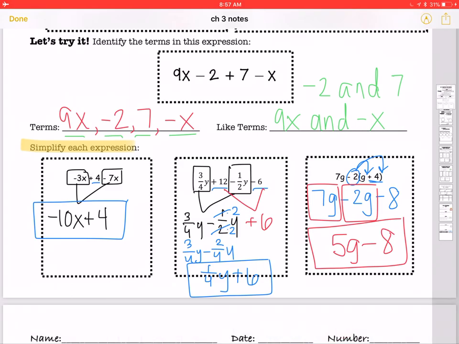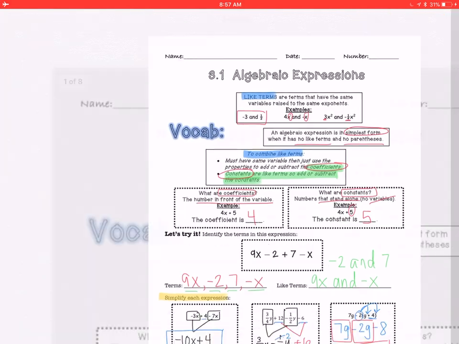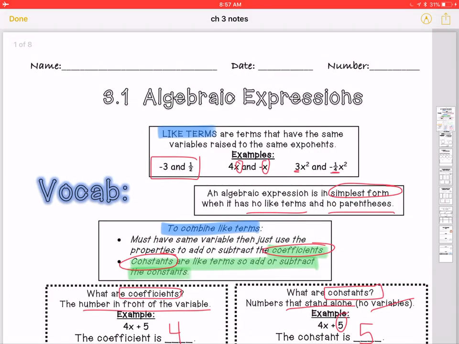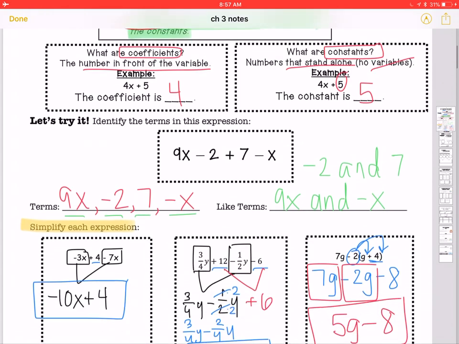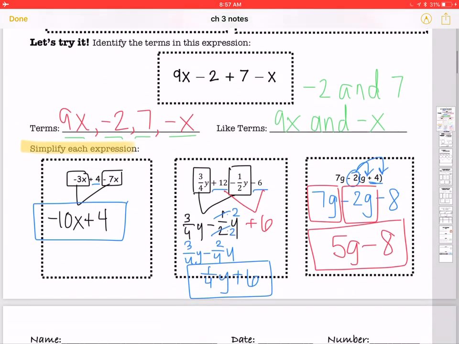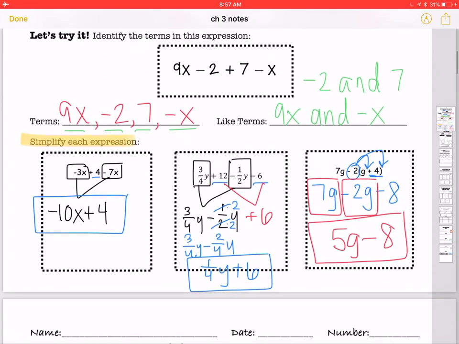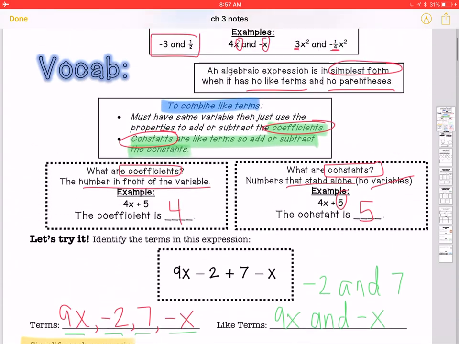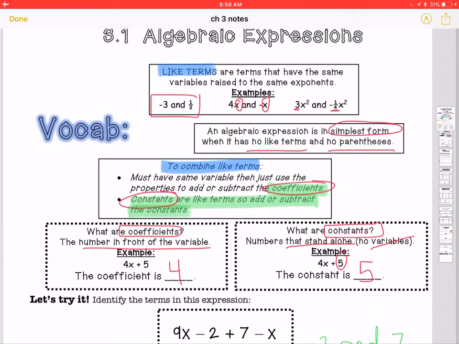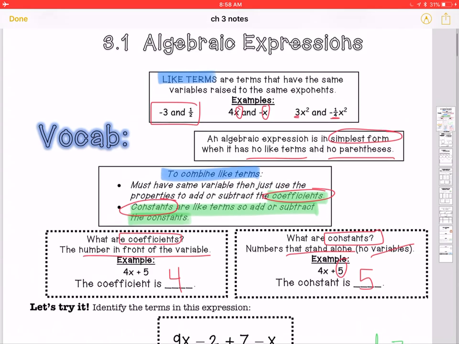So that's just our notes on this first lesson where we're dealing with what like terms are, identifying them, identifying terms in general, and then simplifying expressions. Again, that's our first lesson. Just a few examples. Make sure you're asking your questions and